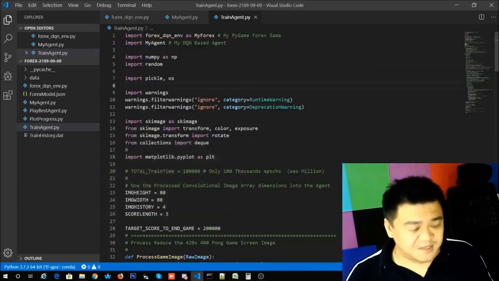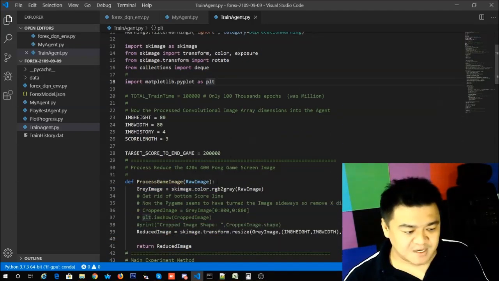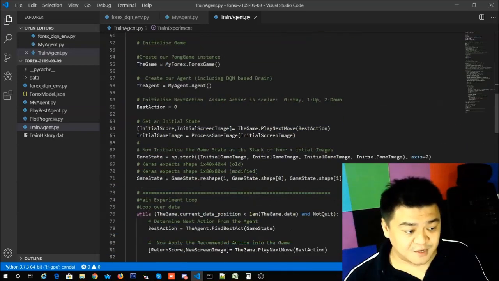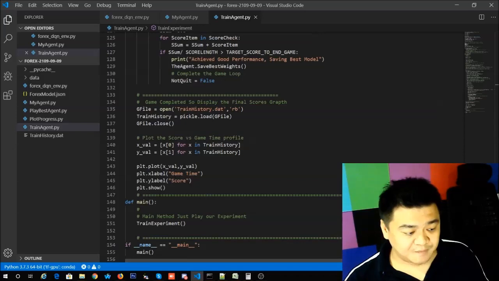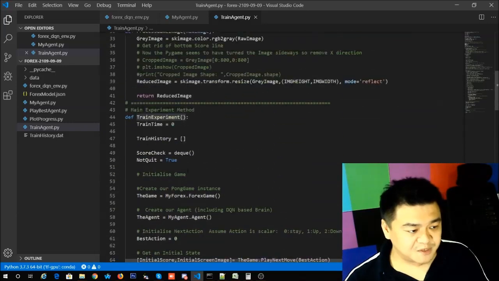Okay, so the train agent contains essentially two main functions: the process game image and the train experiment. The other one is on line 148, the main function, which is just being called when you run it. So that's the first thing that's being run. Run the main function, then we go to the definition, and under the main function there is a train experiment function. So we go to the definition of the train experiment function,